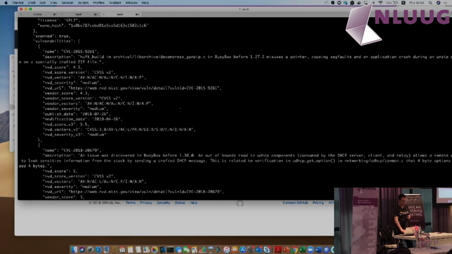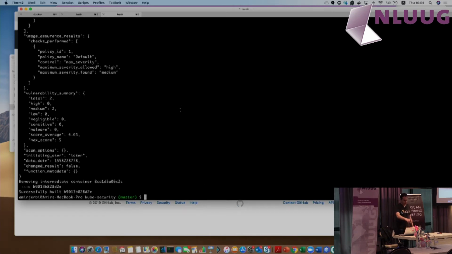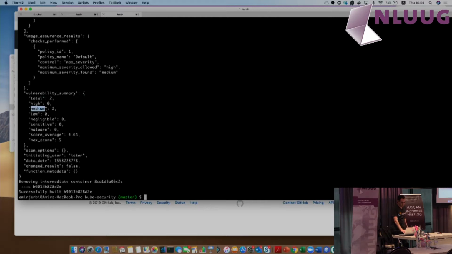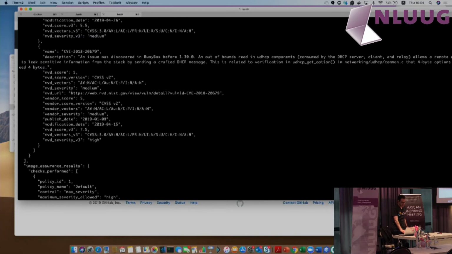So let's look at the scan results. The scan results, it's a JSON file. You see that it tells me that it found a total of 2 vulnerabilities. Basically, this is the official Alpine 3.6 that you can find these days on Docker Hub. It found 2 medium, so it didn't find any high severity vulnerability. Let's look at the vulnerabilities themselves. If I go up,